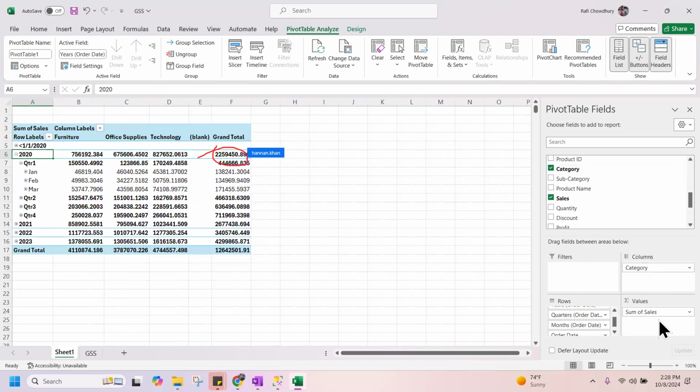This whole number is subdivided into all the categories. Okay, you can analyze by this. For 2020, furniture sales were this one. For 2021, this is this number, and for 2020 this number. So this is how you analyze this. Okay, so let's move to the